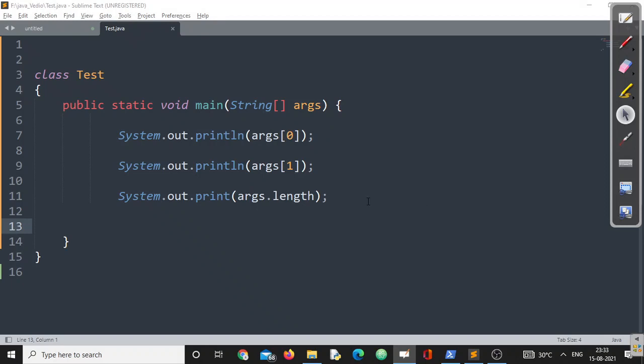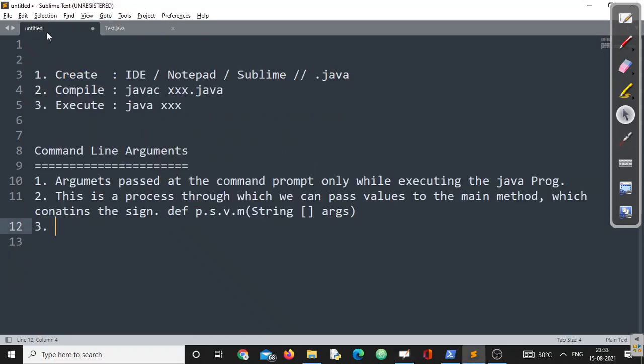Now I have to go for some brief descriptions into that. By default, all the arguments will be received as strings.